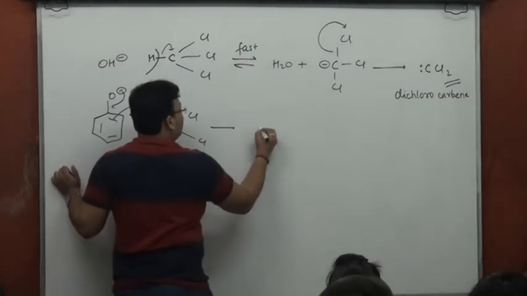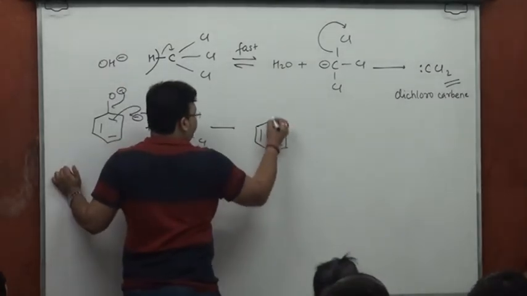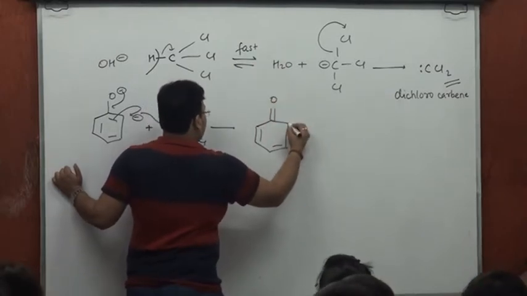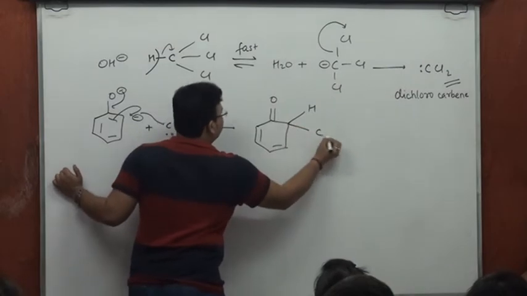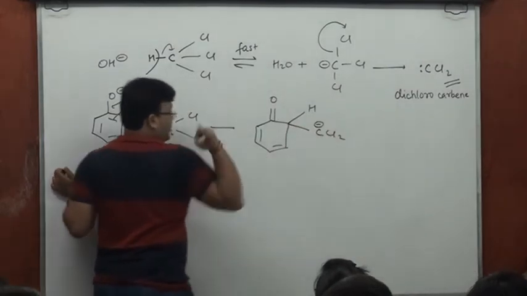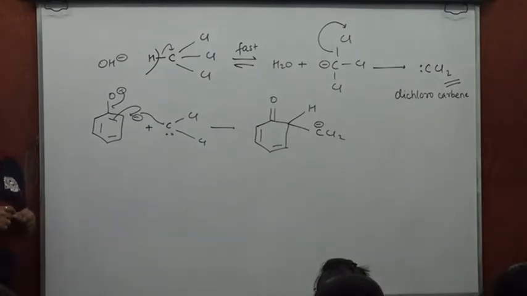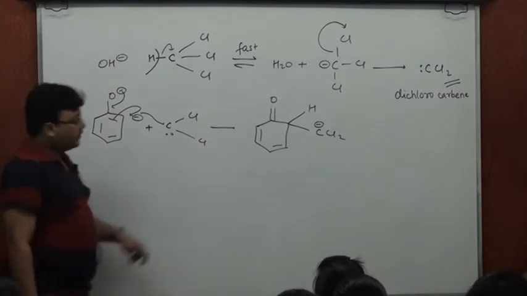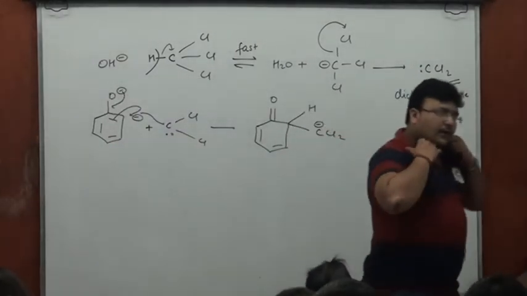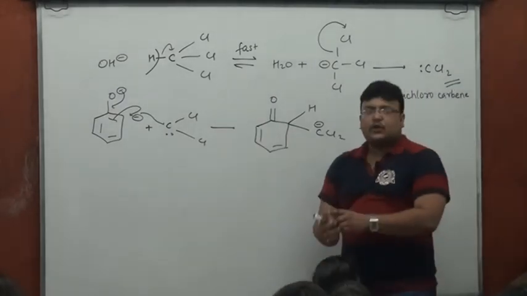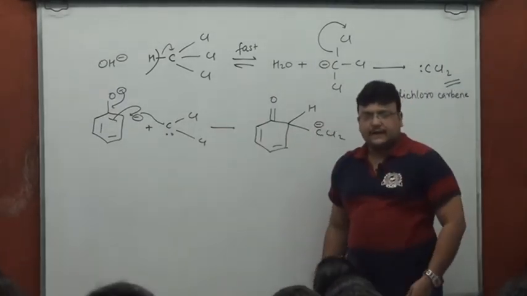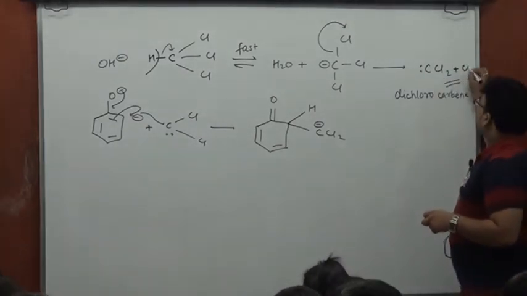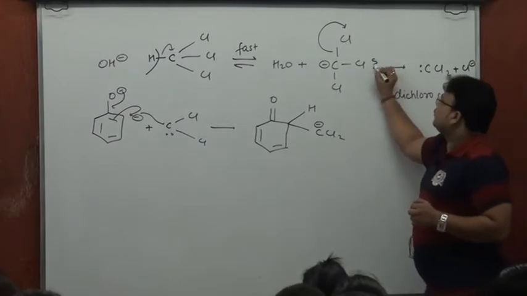see, this is the intermediate form. You have a hydrogen over this carbon, and then this CCl2 will now bear a negative charge. Yes or no? So it was neutral here, but it accepted a pair of electrons at the ortho position. So now it has a negative charge. Okay. So you started with dichlorocarbene as an electrophile.